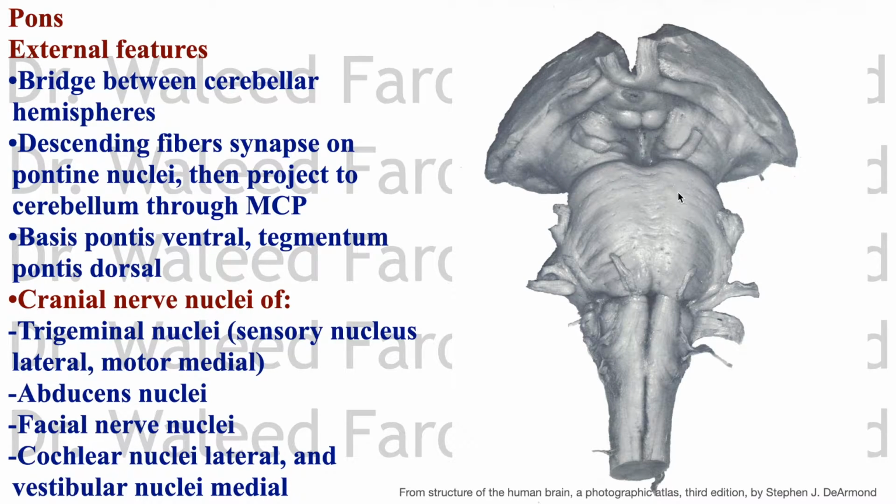It has a basis pontus, the ventral part, and the dorsal part is the tegmentum, as you can see here. Note that there is a groove at the front. It's called the basilar groove. It's to accommodate the basilar artery, and the nerves you see here, this is the abducens nerve on the lower border of the pons, between the pons and medulla,